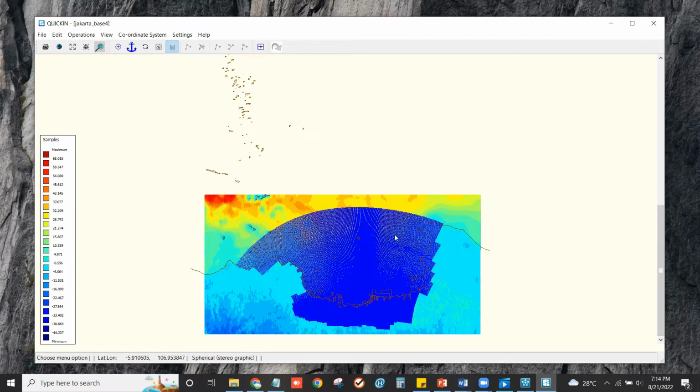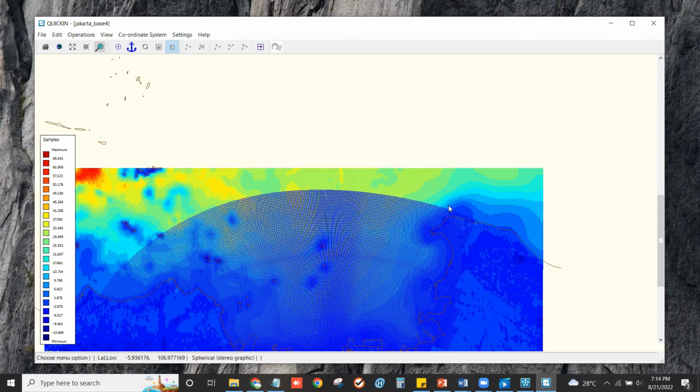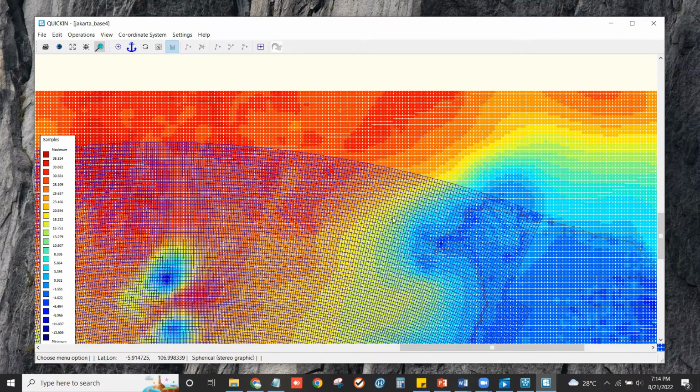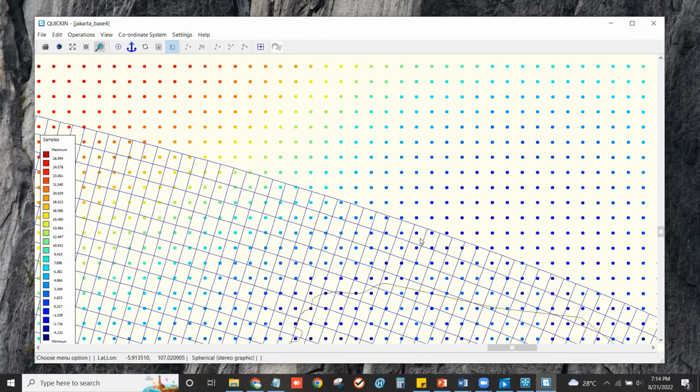Many colors, many samples are input to one grid, like that.